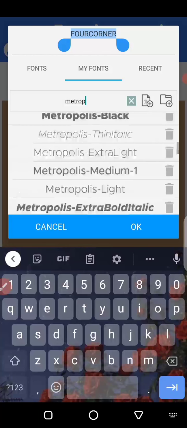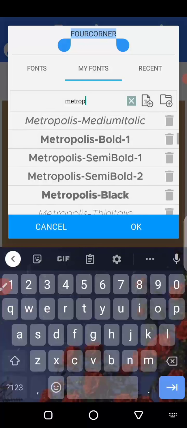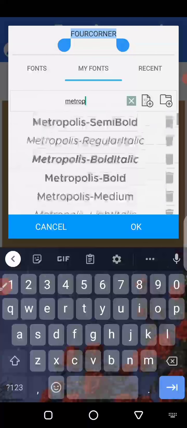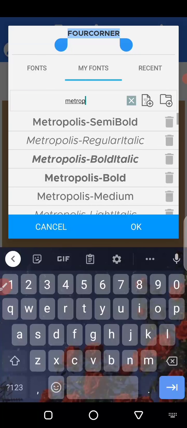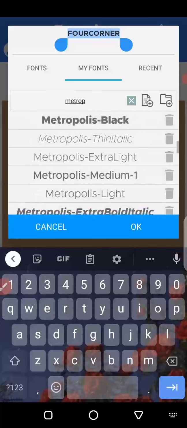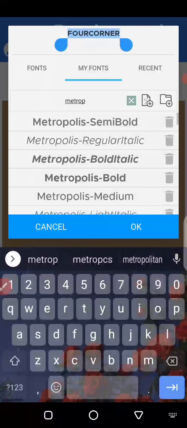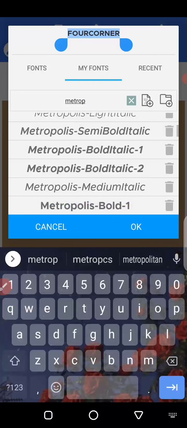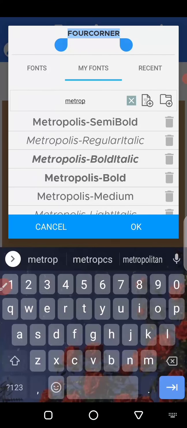Okay, the reason why it's showing Metropolis Medium 1, Metropolis Semi-Bold 1 is because I downloaded it twice. I already had it downloaded, but I downloaded it again to create a tutorial of how to actually download the fonts. So we're going to be using Metropolis Bold. It's not going to bring Metropolis Bold 1. Okay, so it's just going to bring Metropolis Bold for you. So click on OK